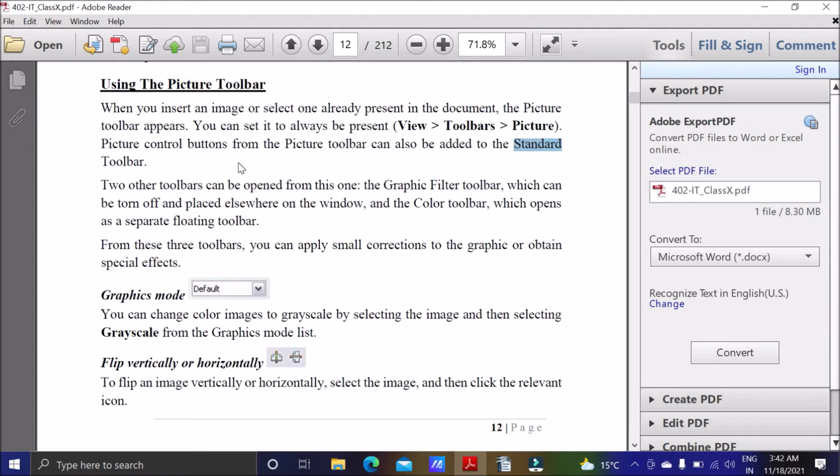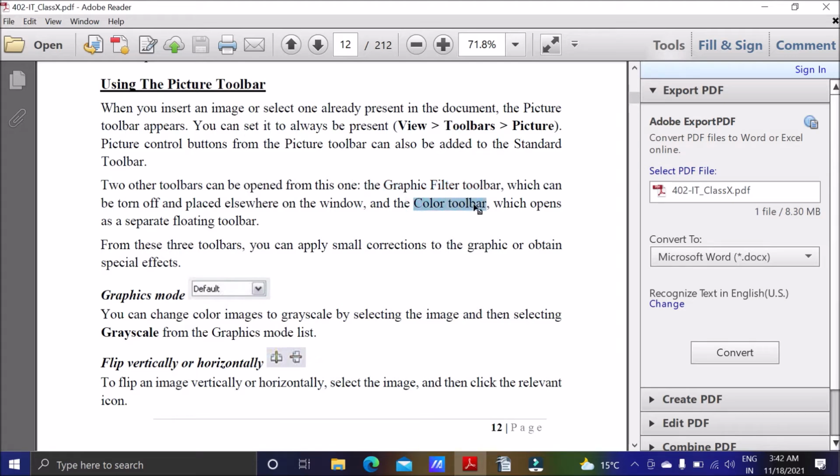So when you open the picture toolbar, there are two other toolbars that can be opened from the picture toolbar. One is the graphic filter toolbar and the other is the color toolbar.